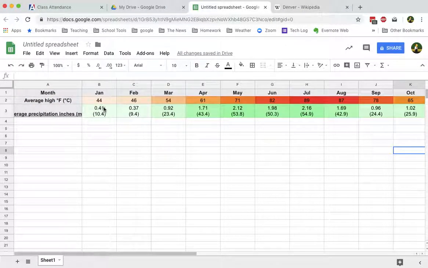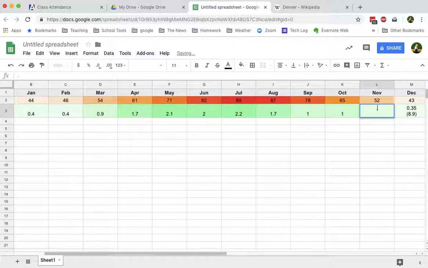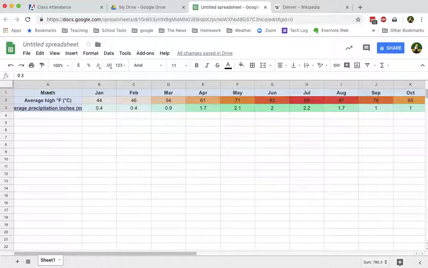And then I want to do the same thing. I want inches, which is the part that's not in parentheses, and I'm just going to estimate to the nearest tenth. So this is 0.4, 0.4, 0.9, 1.7, 2.1, 2.0, 1. Wait, oops, what was that? 2.2, 1.7, 1, 1.6, and 0.3. Okay, so I'm going to highlight all this, all the numbers and the months, and then my